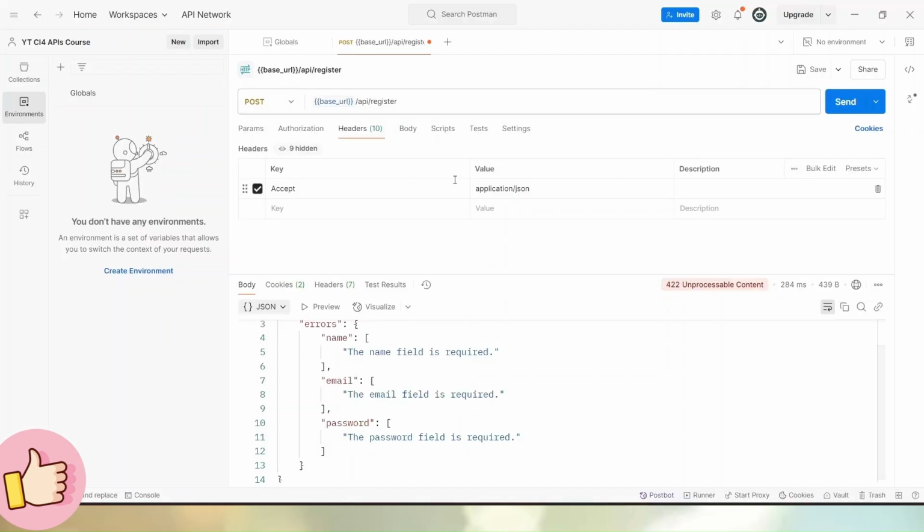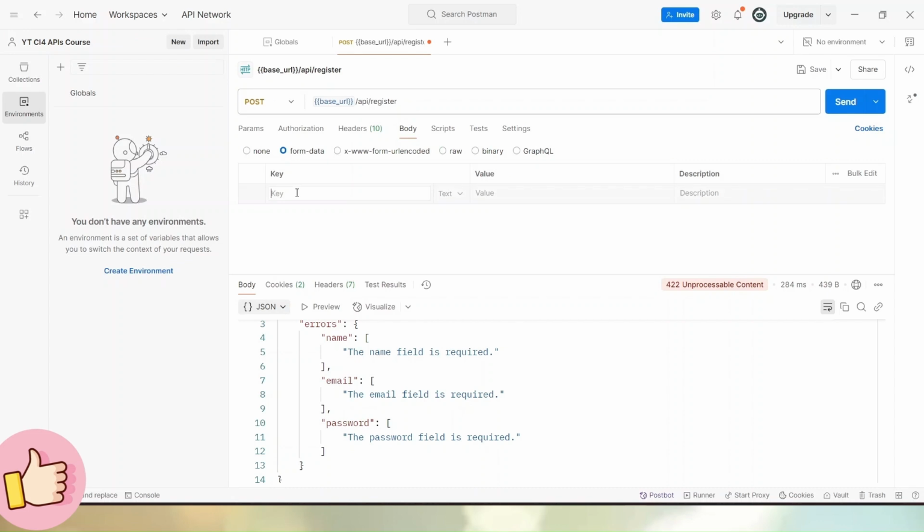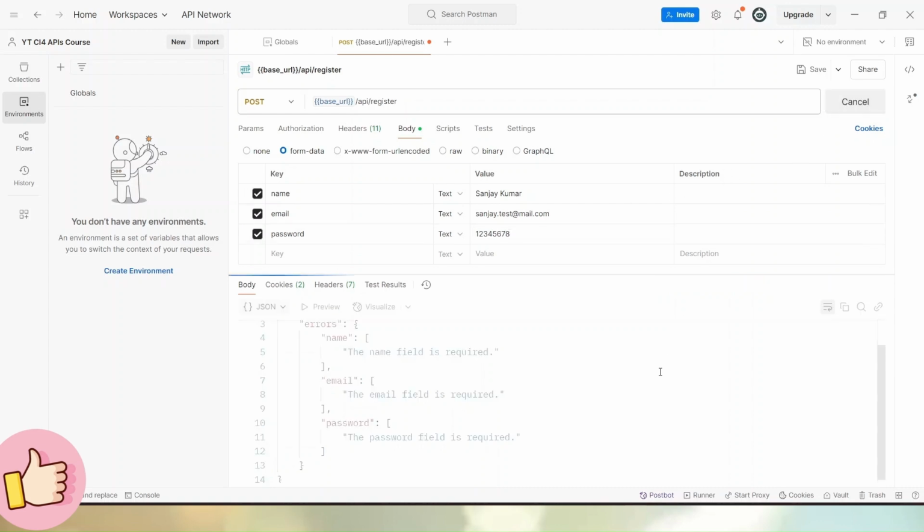So here what we can do, go inside body, inside form data. Let's put a key called name. Then we have to put a key called email and password. And here I'll create myself as a first user for test at mail.com, and password is from 1 to 8. Click on send button,